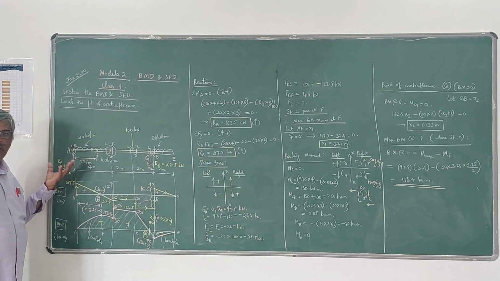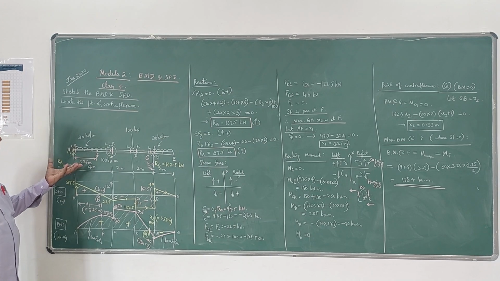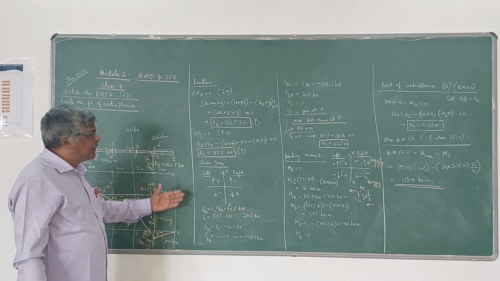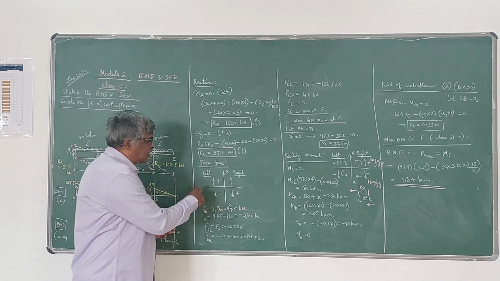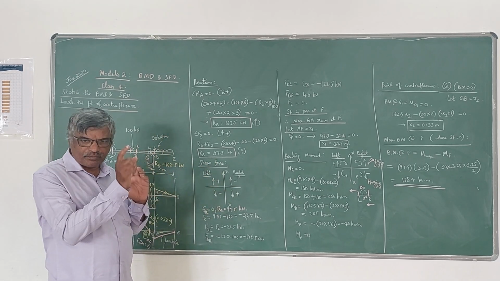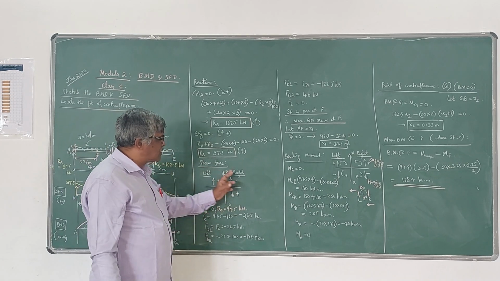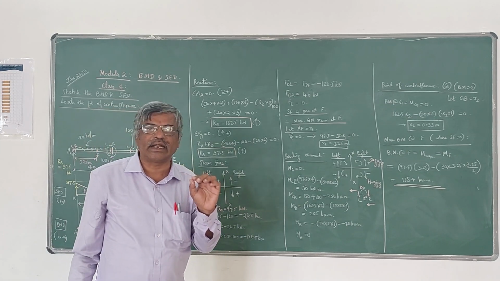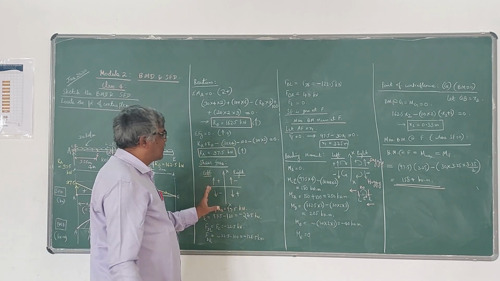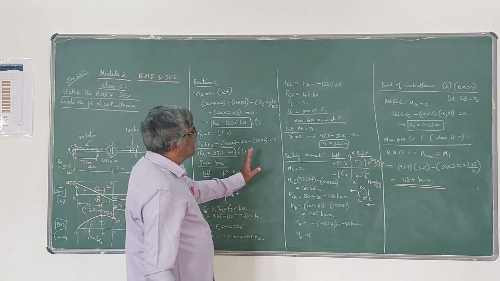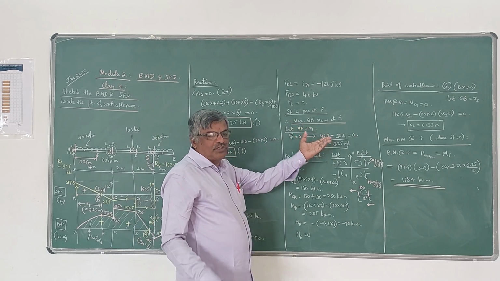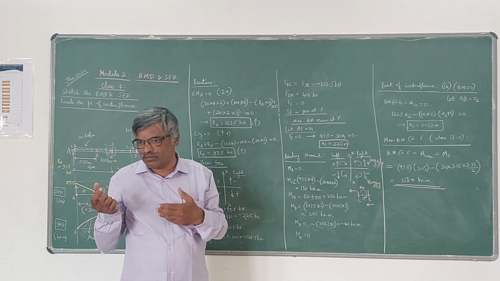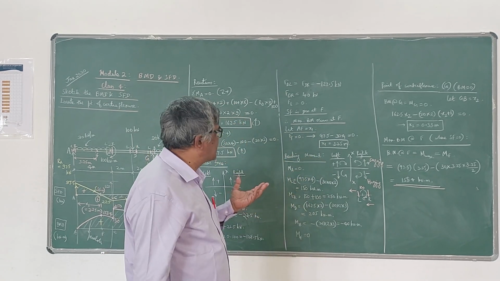This is an examination problem carrying 12 to 14 marks. So first step, you have to find out the reactions using equilibrium equations. Then write down the shear forces using the sign convention, left side or right side. Taking that view, you have to use the same convention, and please note that at a point where a point load is acting or a reaction is acting, you have two values of shear force that you have to find on left and right side. Then, suppose shear force is 0 at any point, that point you have to locate. Assume the distance as x1 from the reference point and calculate the distance x1.